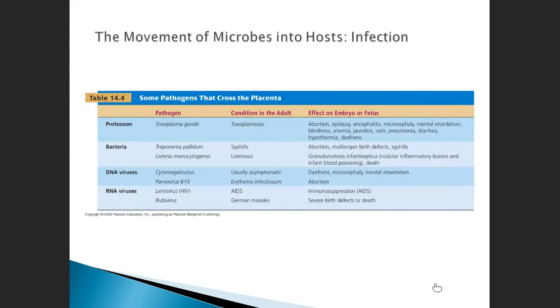So here is kind of organisms moving from mama to developing fetus, right? You can see some of these organisms. You will not be responsible for this table, but I just wanted to show you how it can affect the embryo. Toxoplasma gondii can cause abortion, but it can cause lots of other problems, right? Including microencephaly, right? So we're worried about Zika, but